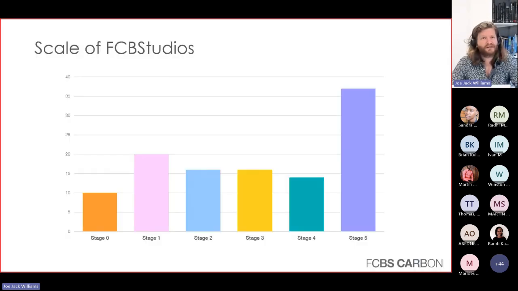So really, this is how many projects we had in FCBStudios. This is a few years back. So at the bottom is the RIBA stages. Stage 0 is very much briefing. Stage 1 is about understanding how much space is needed. And stage 2 is about getting a design locked in. Stage 3 is technical design. Stage 4 is getting that even more technical. And stage 5, we're on site building it. So it's useful just to see where we are at those different stages.